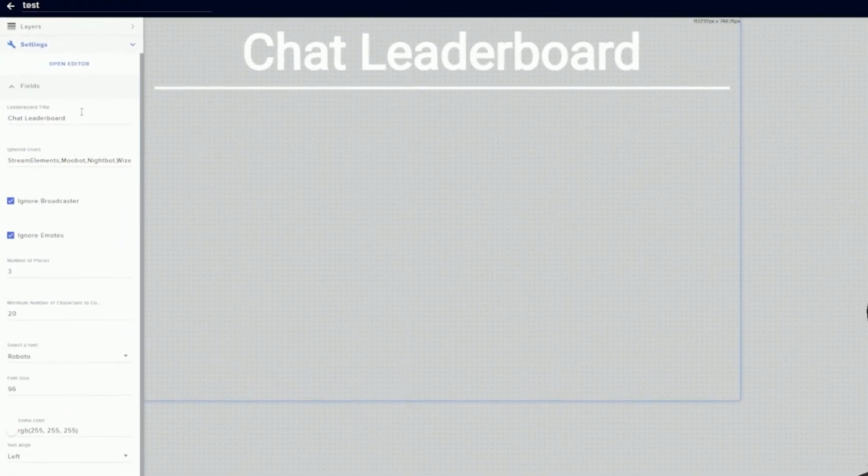You can change the title. You can set the number of ignored users. You can choose if you want to ignore broadcasters or not. You can also set if you want to ignore emotes. If you don't set this, the text of the emote will count towards a chat. You can choose the number of places, and you can also set the minimum number of characters to count as